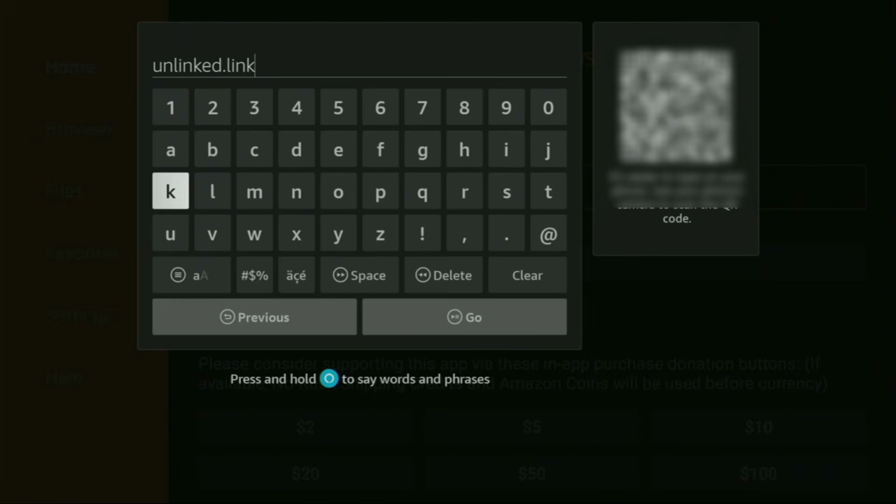Here you go. There's the link, you can see it on your screen right now, so just enter it as you see and make sure not to make any mistakes, because obviously if you make a mistake, then the link is not going to work. After that, click on Go,